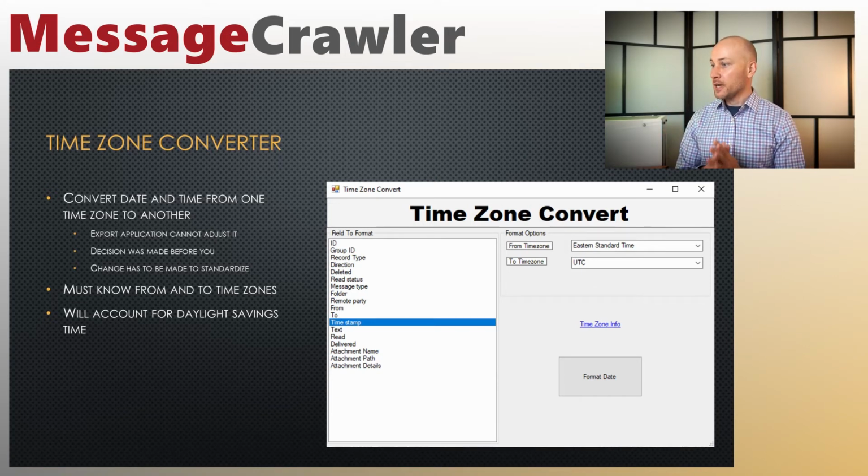All right. And this tool will account for daylight savings time, which of course is important, especially during summer when daylight savings time affects the time. So this tool doesn't just do a math calculation like you could do in Excel. It actually knows when the daylight savings time started and ended on each year, because that had changed as well. All right, and with these things out of the way, let's jump in and do a little bit of hands-on